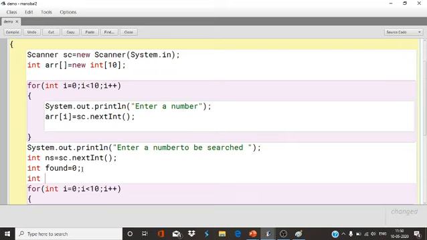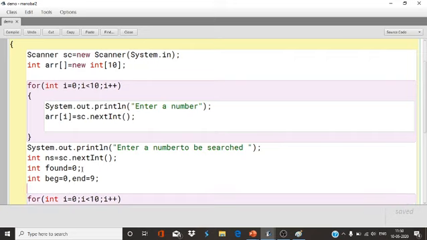Now how many variables do we have to declare here? First, beginning. Beginning will be 0 because it always starts from 0, and end will be 9, as 10 elements are there: 10 minus 1, since 0 to 9 is 10 elements. Now to find the mid, to divide the array elements into two halves, int mid equals beginning plus end, divided by 2, so that it will be divided into two halves.